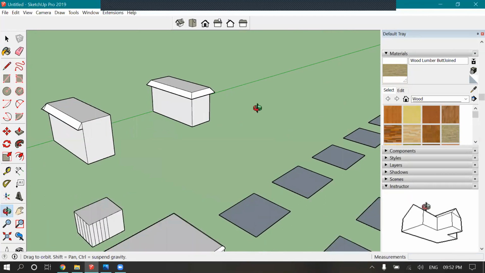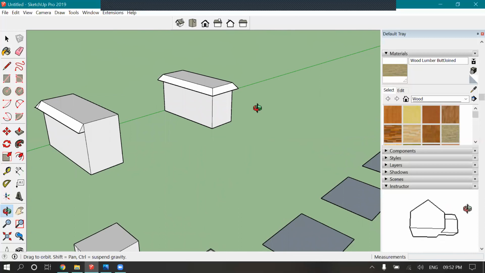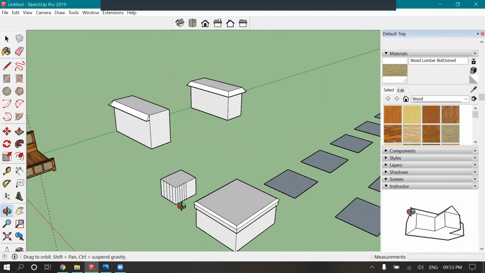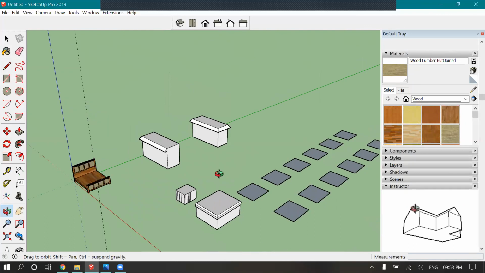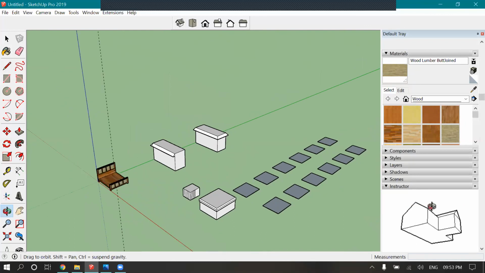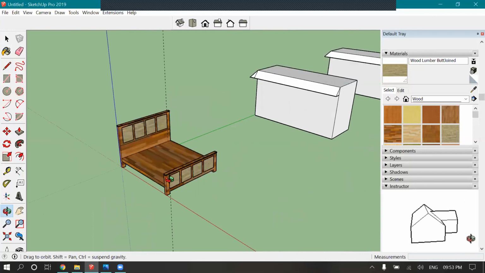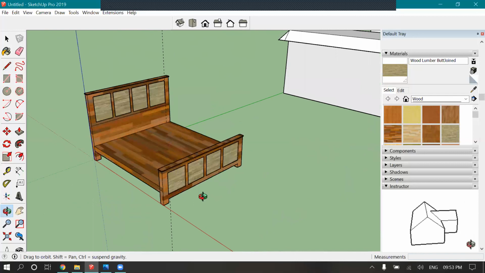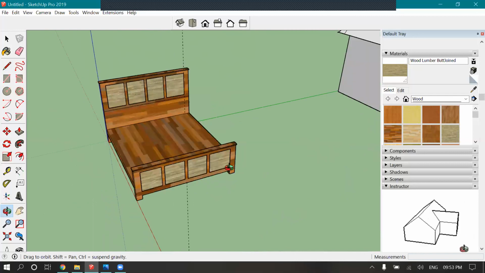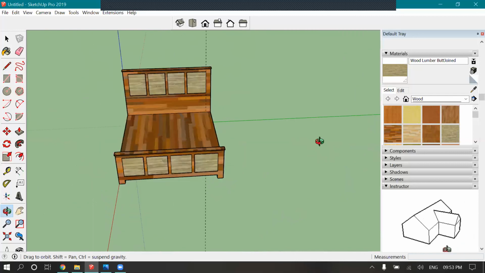Once you master SketchUp, the main reason we are teaching you SketchUp is that even in front of the client you can bring your laptop, pull it out, and model something very quickly within 10 to 15 minutes. From that point of view it is very useful because it requires very little time.